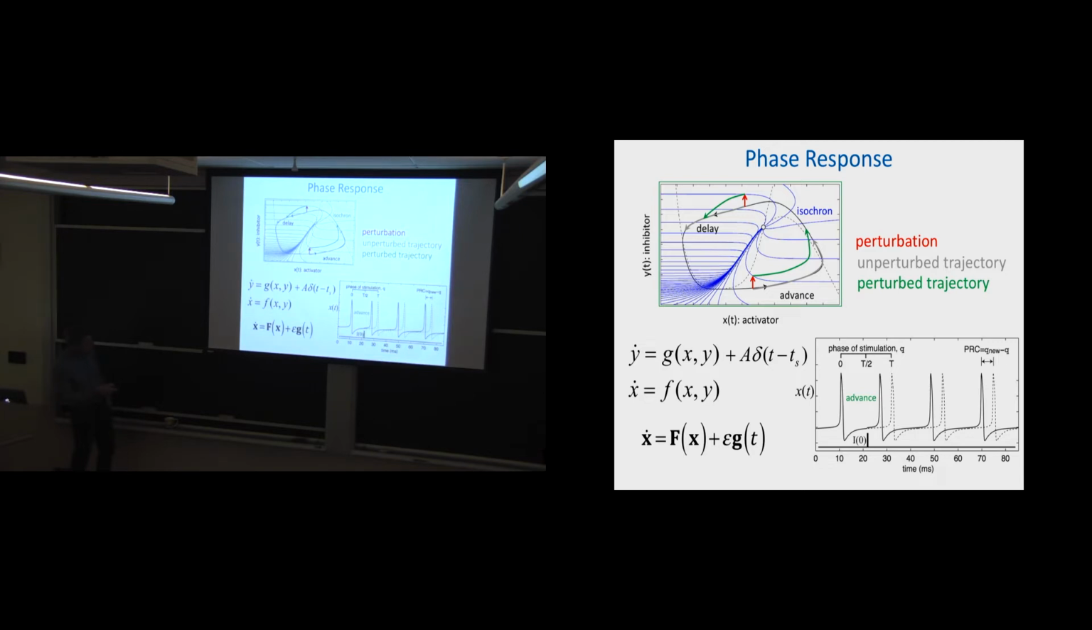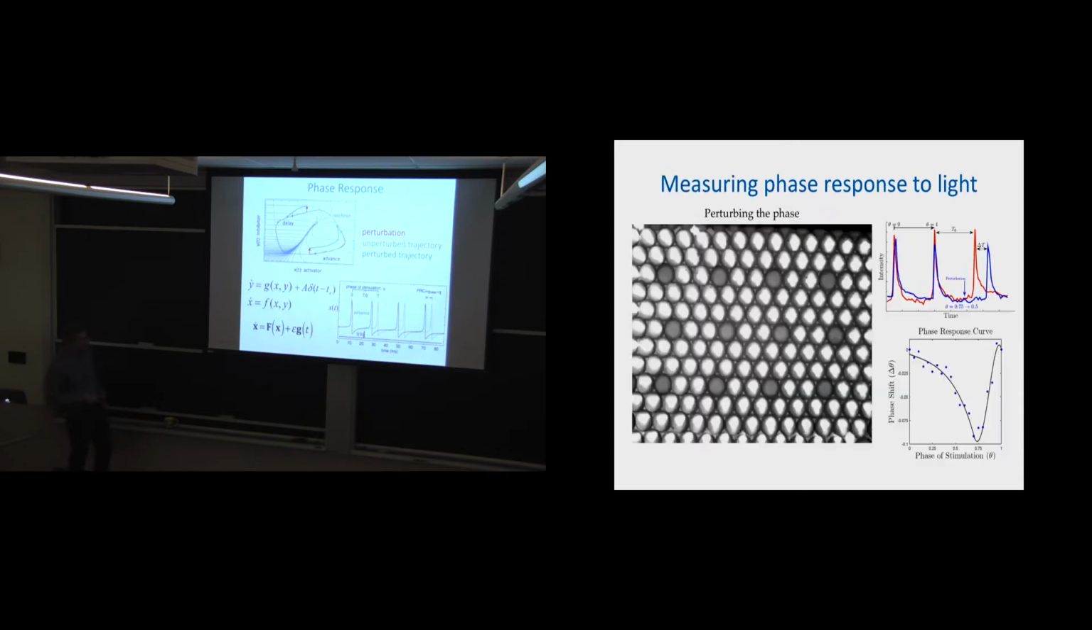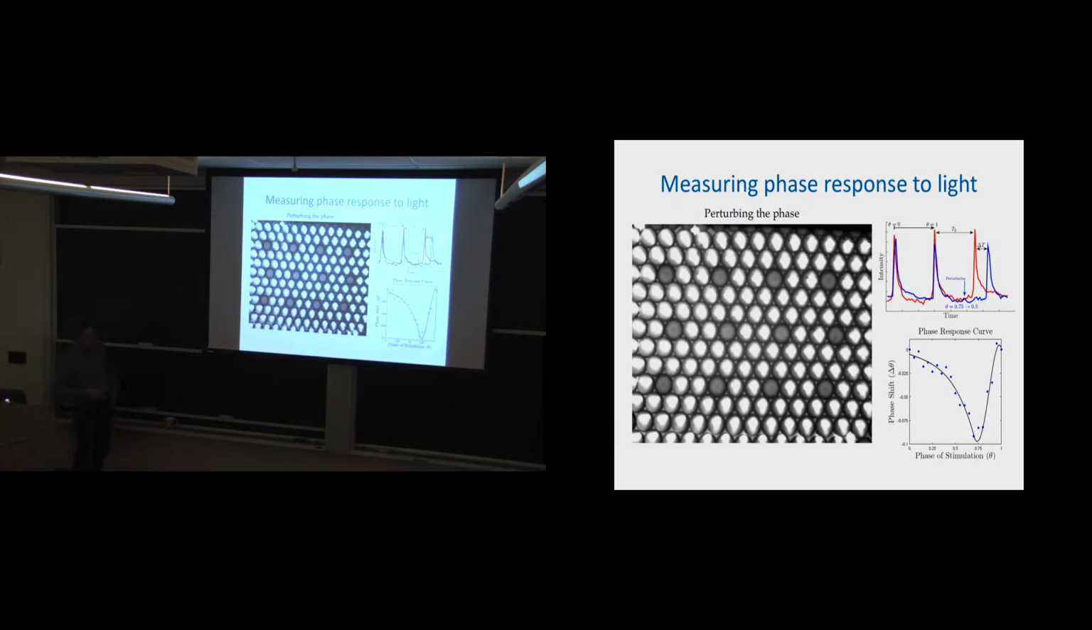use this kind of vector notation where X is all the chemicals, and f of X is a vector equation of all the chemicals, and then G is my time-dependent perturbation. So then experimentally, we